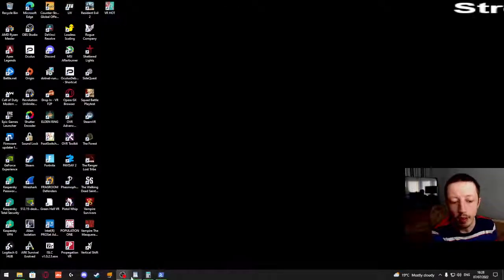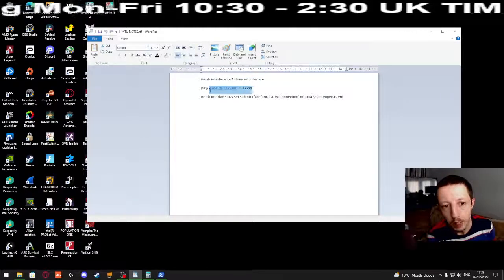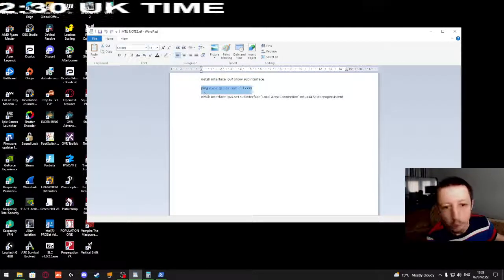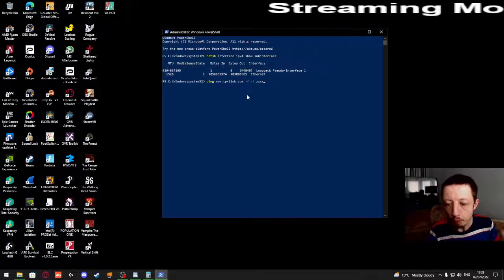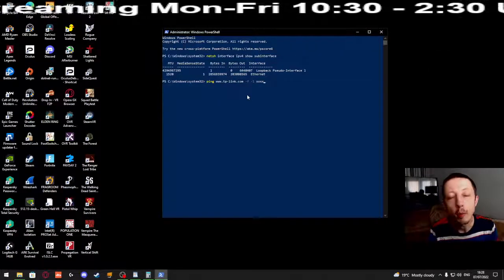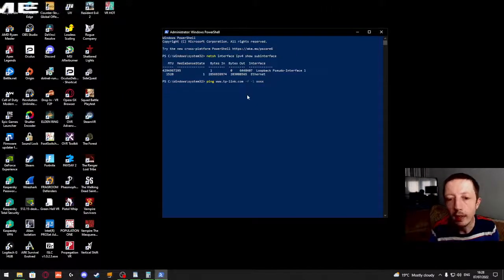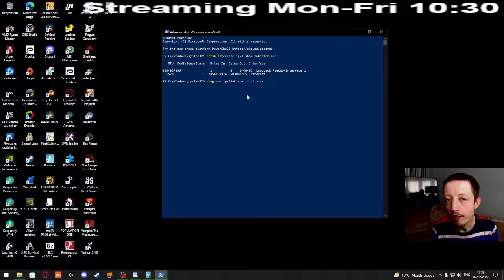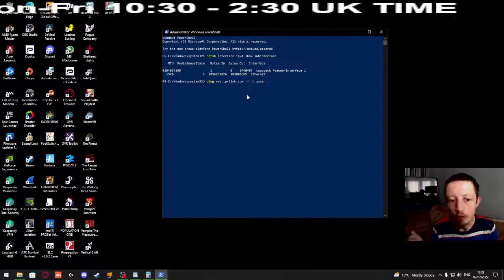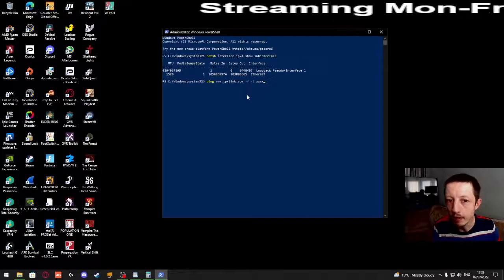So we need to go on to the next line of code, which is going to be ping. Now, what this is going to do is it's going to copy and paste. I'm going to copy and paste. What it's going to do is ping, and it's going to tell us if that MTU size is the correct size or not. So that's what we want to check out and try and find what our maximum transmission unit is by running